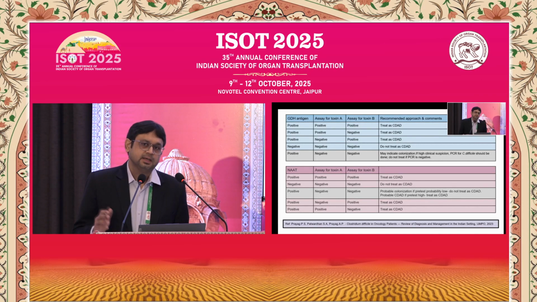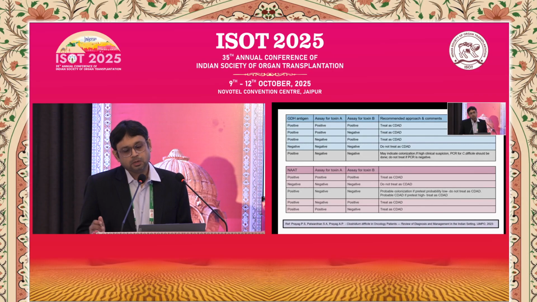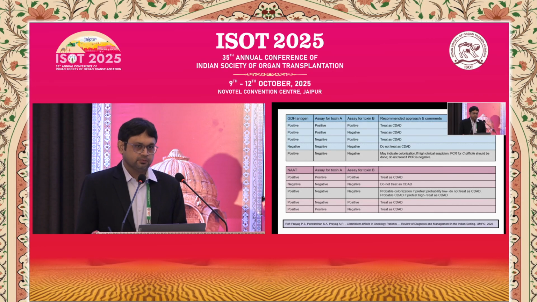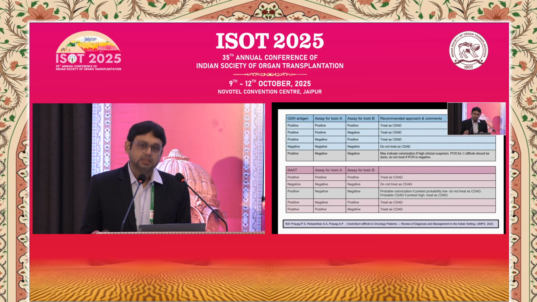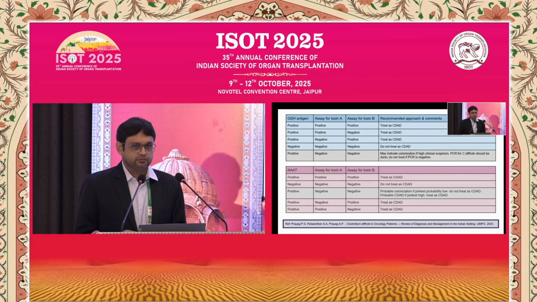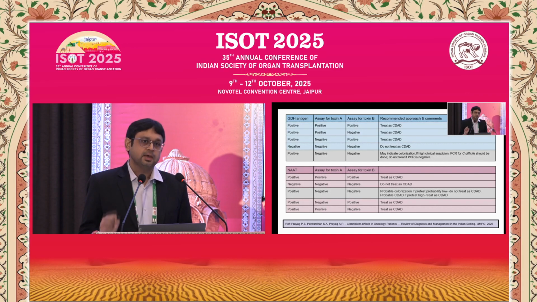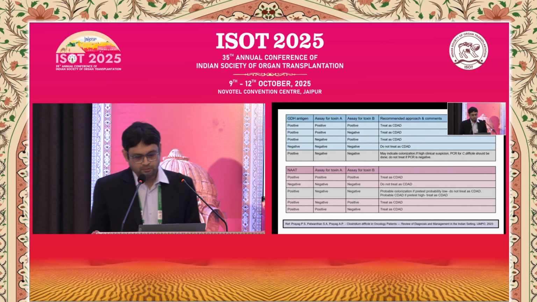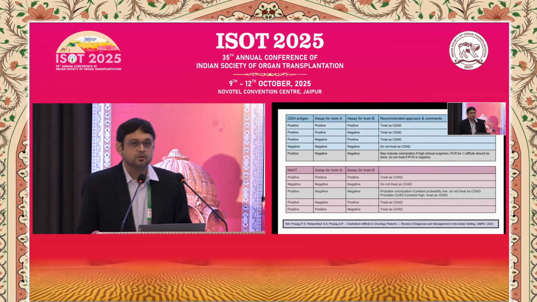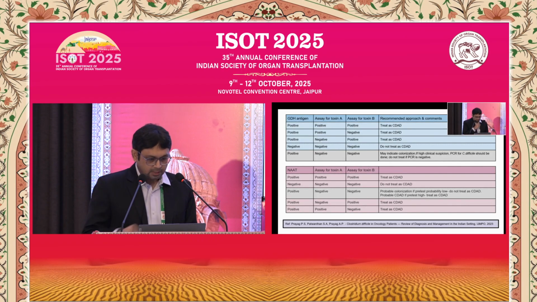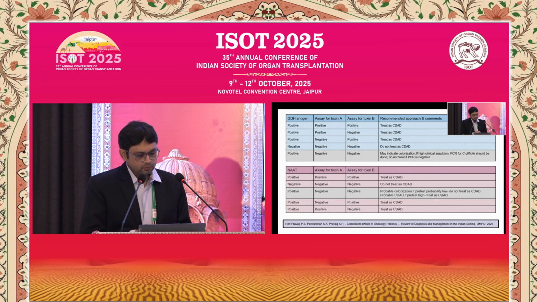In this setting, a PCR can be useful, but how? Only if it is negative can we rule out C. diff. If a PCR is positive, it could still mean being colonized with a toxigenic strain, because like I said, a PCR does not really detect the toxin itself, it detects the genes for toxin production. So PCR being negative can help in ruling out C. diff, but a positive PCR again will lead you to the same dilemma that clinically is it C. diff. And if you start with PCRs, then again both negative not a problem, both positive not a problem.